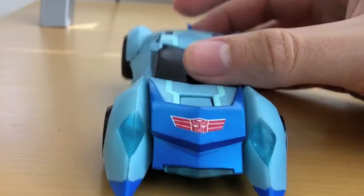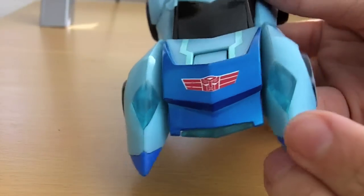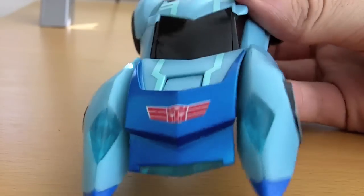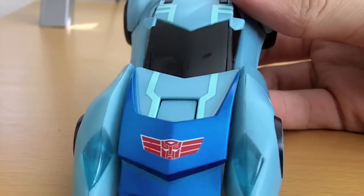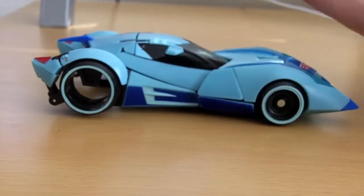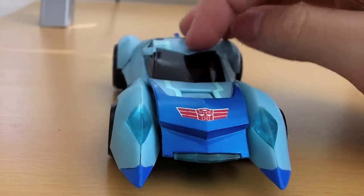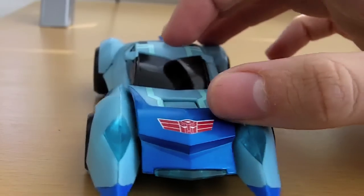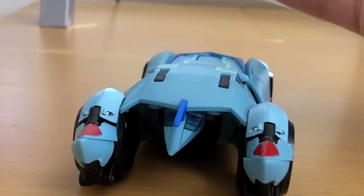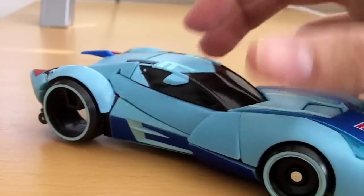you can already tell. Well, I'm not sure if you can tell with the camera, but the paint job with the Takara Tomy Transformers Animated figures is much glossier. And there you go, you can see a little gloss there. It's shinier. It just has more of a slick paint job. At least I think so. If you compare the Convoy Optimus Prime from the Henkei line to the Optimus Prime from the Classics line, you can see the difference. I don't have the regular Blurr to compare them, but you can tell this guy's just really